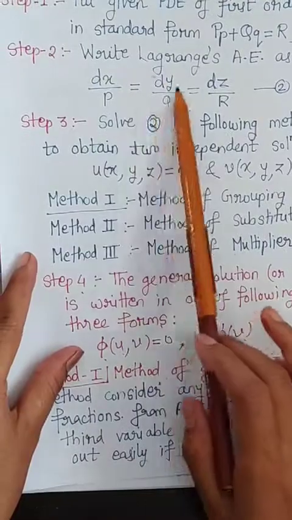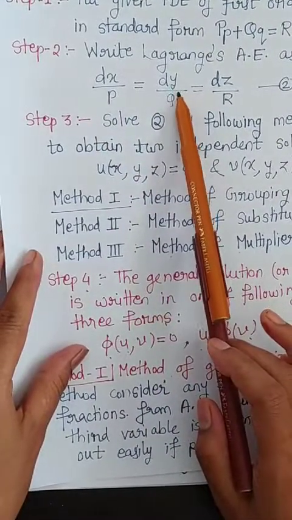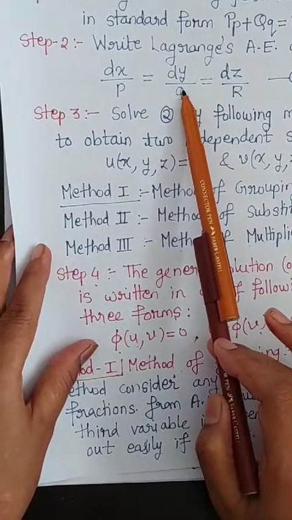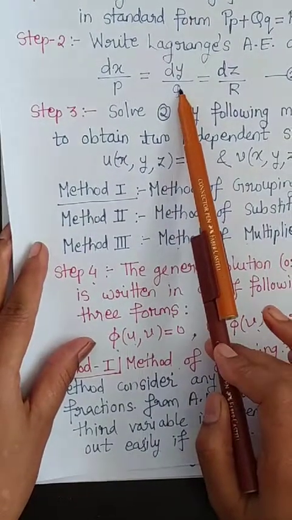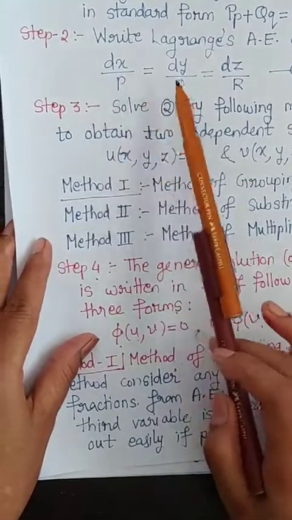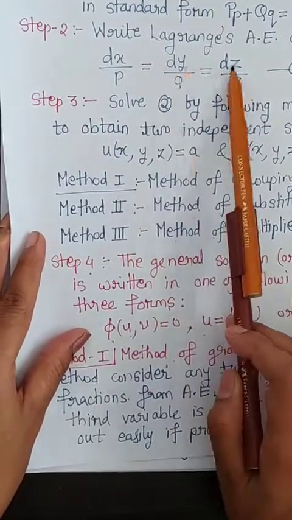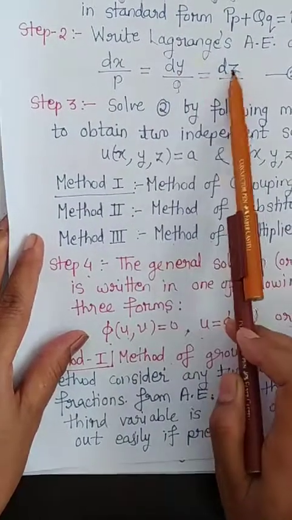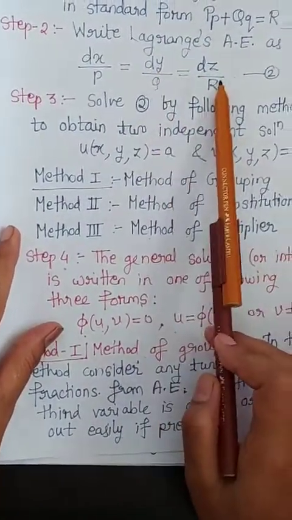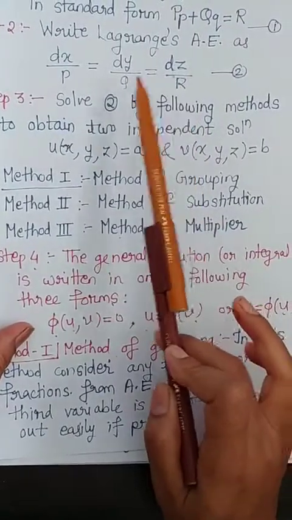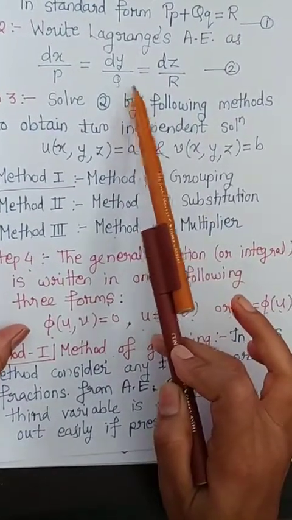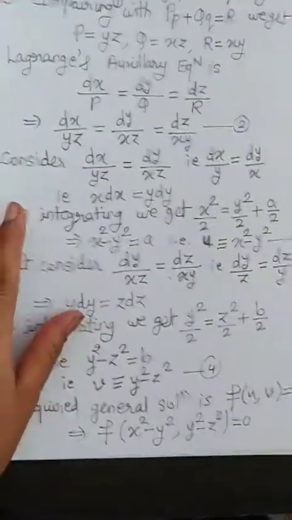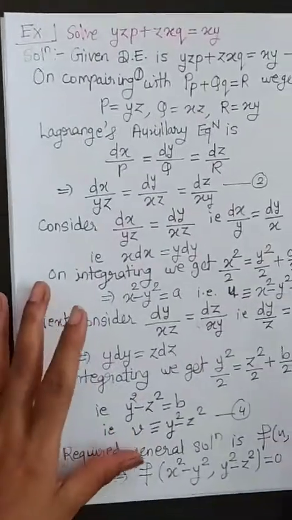So when we consider these two fractions, what you have to remember is that this collectively should contain the terms of x and y only. There should not be a term of z, and if it is there, then that should be cancelled out. If I am considering these two pairs, here I am having dy, dz, means the variables must be y and z. So what is the third variable over here? It is x. That must be either absent or it must be cancelled out easily. Okay, based on this method, let us solve the example.